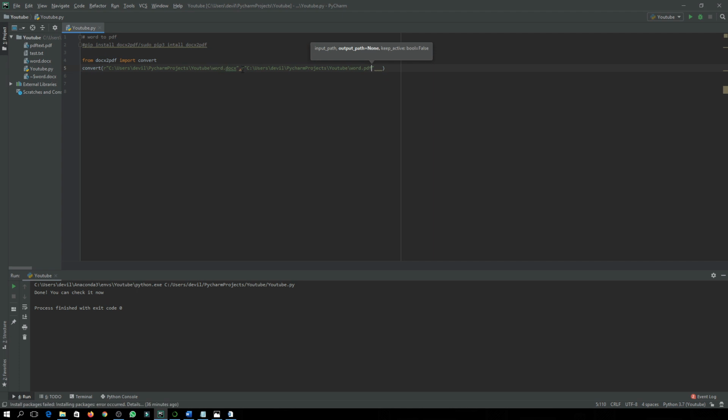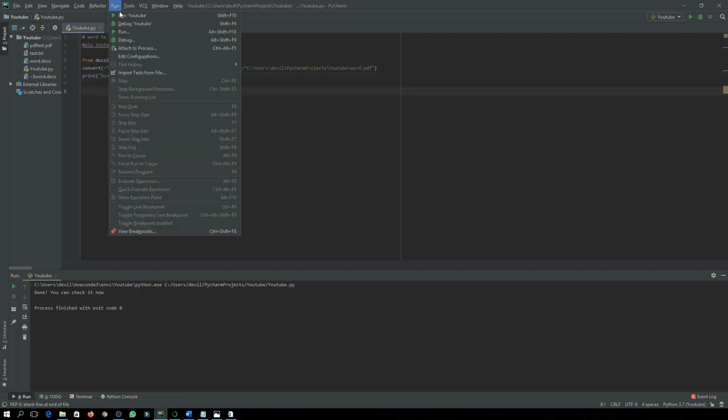After the comma it will simply take the file, convert it and save it in the exact directory where we want to save it. You can also change it if you want, and here you write the name under which you want to save it. Okay, so let's write print done, your file is converted. Let's run it.